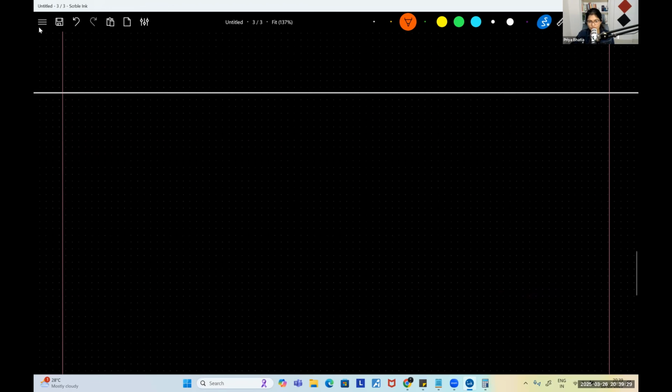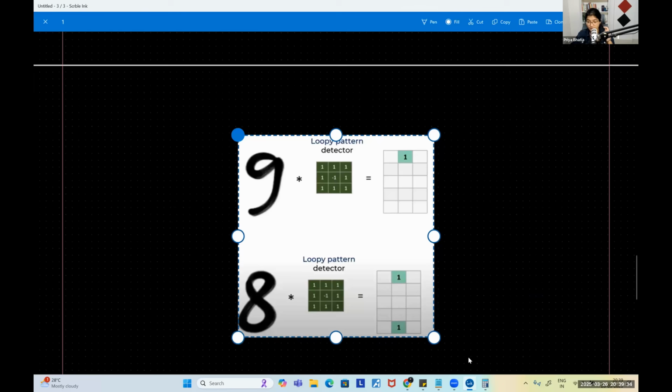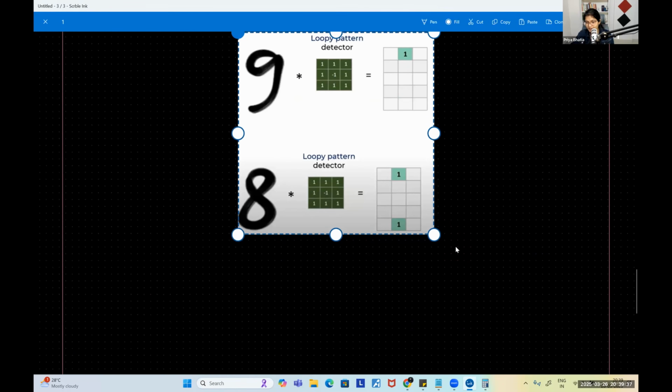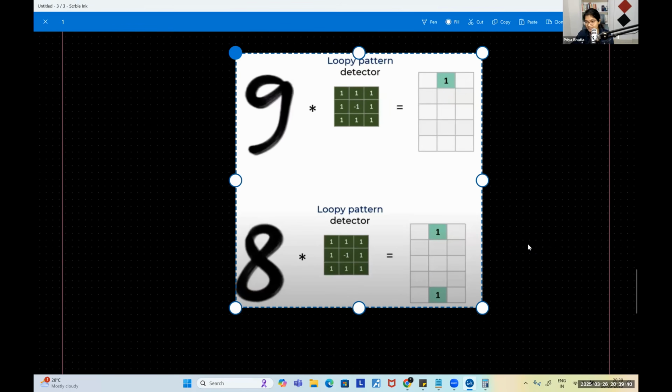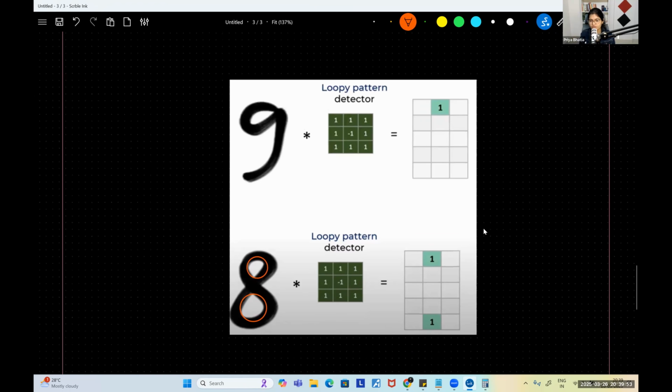Now, just to explain this concept further, if I want to detect 8, now, when we're talking about 8, it contains 2 loops. Do you guys agree with me? 8 contains 2 loops, 2 never-ending portions. 9 contains a single one. So we have applied this specific detector, and only one 1 was visible to us, right? Because 8 contains 2, that's why here you can see 2 ones are visible to us when we apply